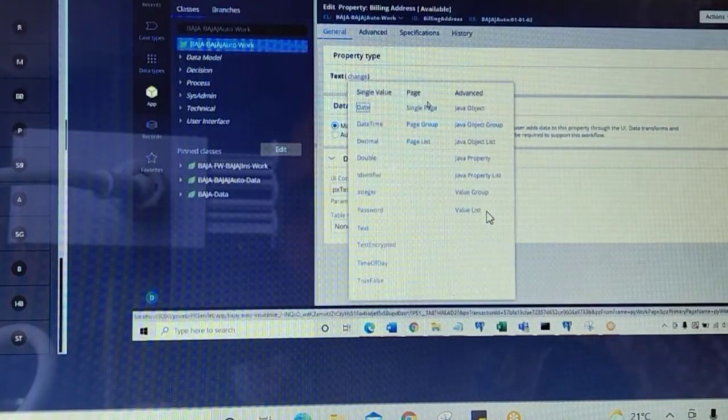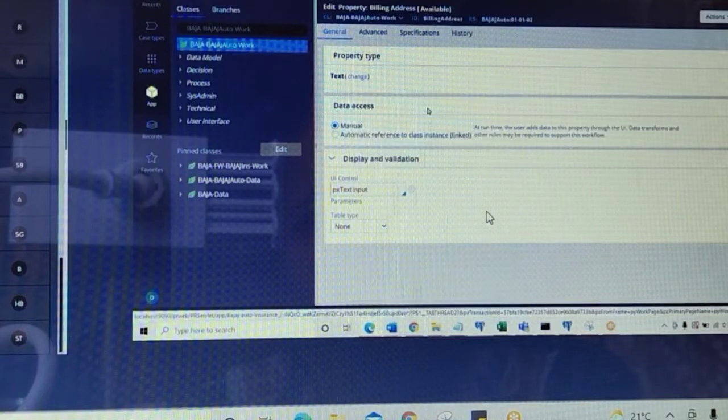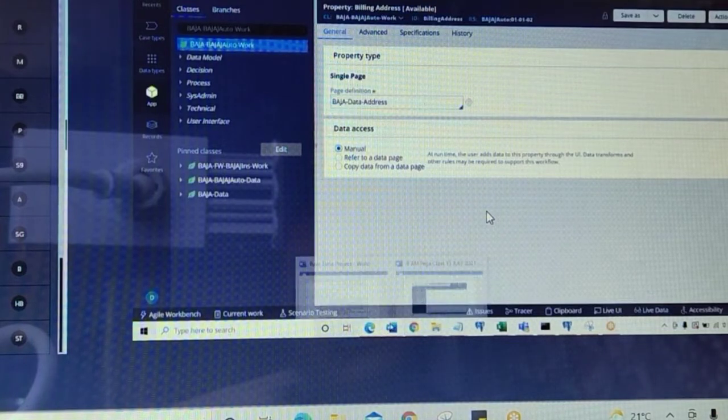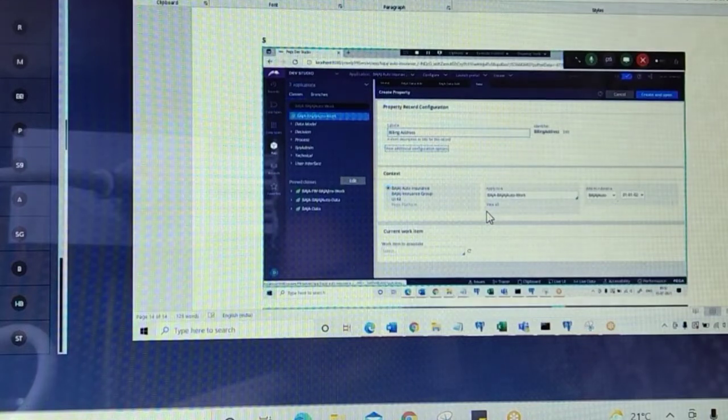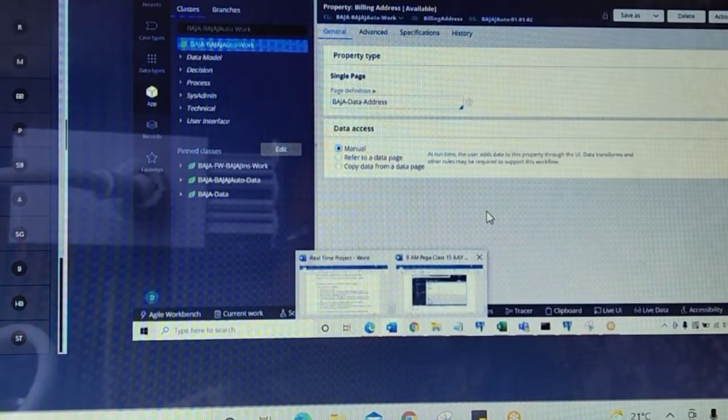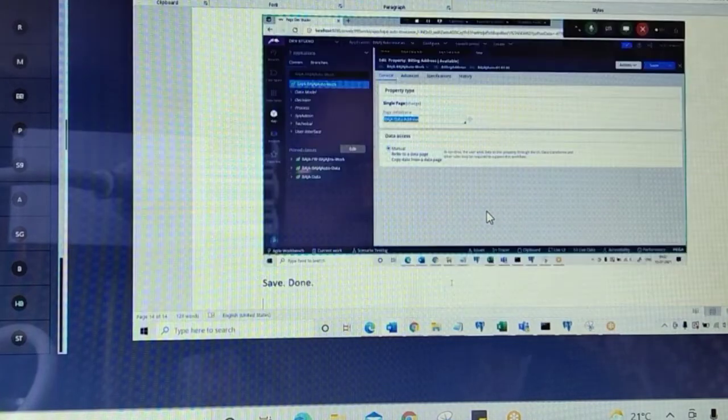This is a single page, and the class is the data address class. Completed. Similarly, create one more page.